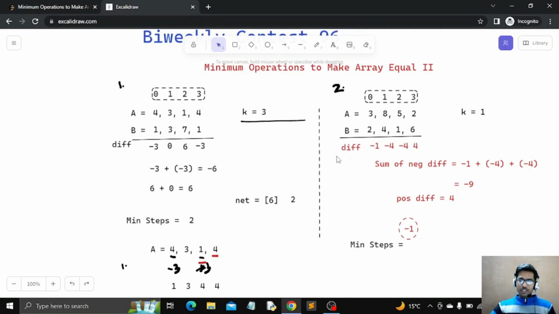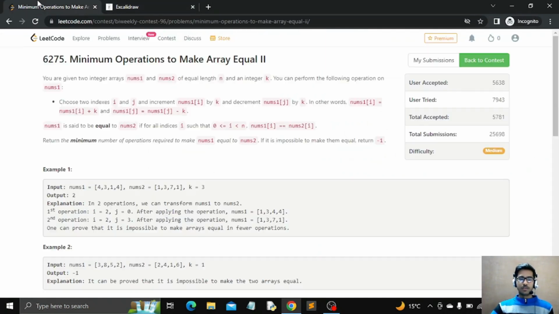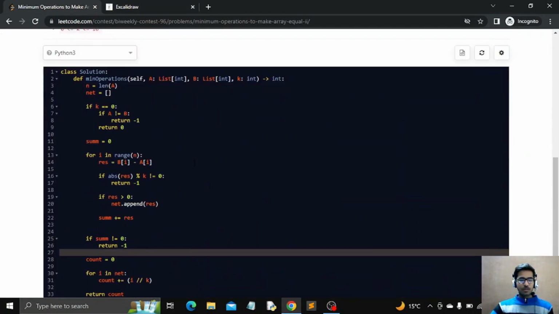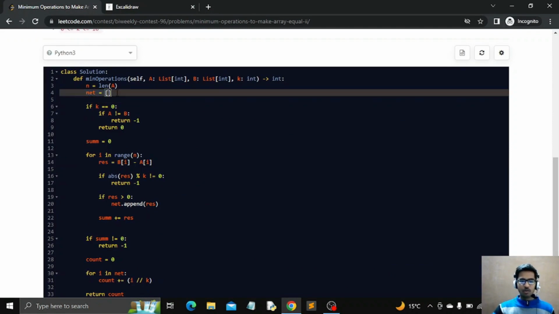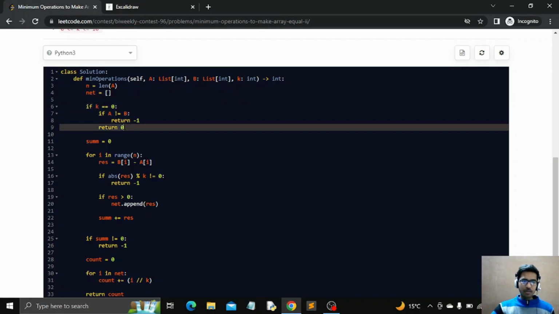So these were the two examples, and there is one edge case also which we will see in our code. Now let us move to the coding section. So this is the code. I have initialized this new array where I will be storing all my positive differences. The corner case which I was talking about is this: if our k is equal to 0,